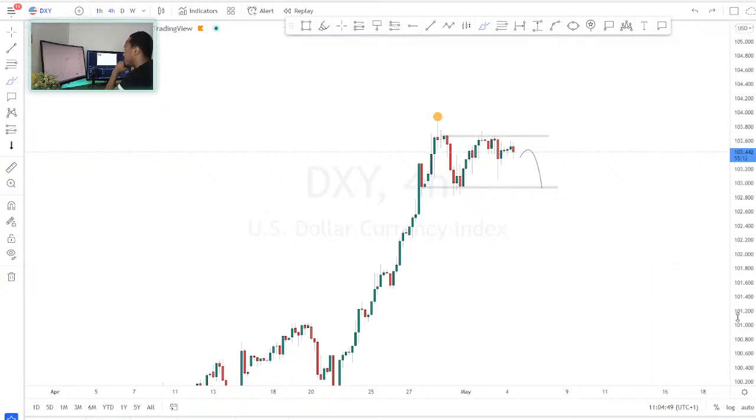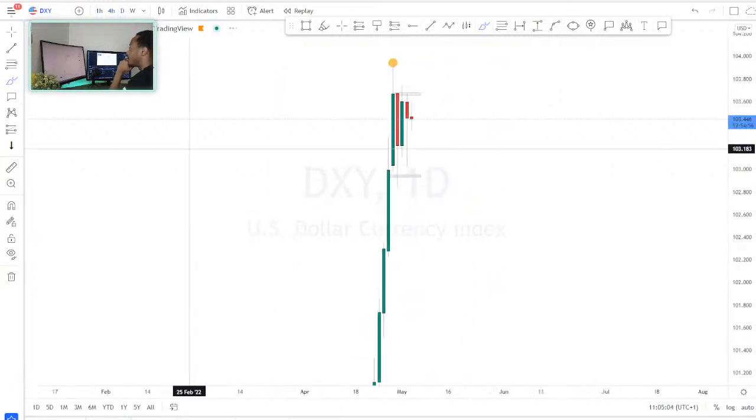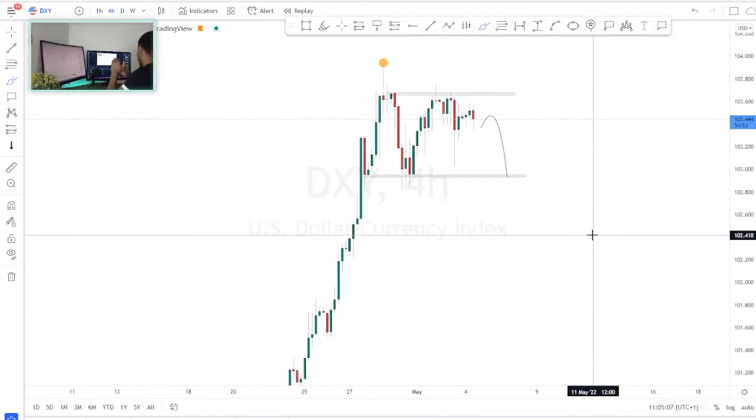But for now, I'm expecting the dollar to roll over, but we'll see what happens when the interest rate decision comes out, which is at 7, in about 8 hours from now. My maths is a little bit poor, but yeah, about 8 hours from now,